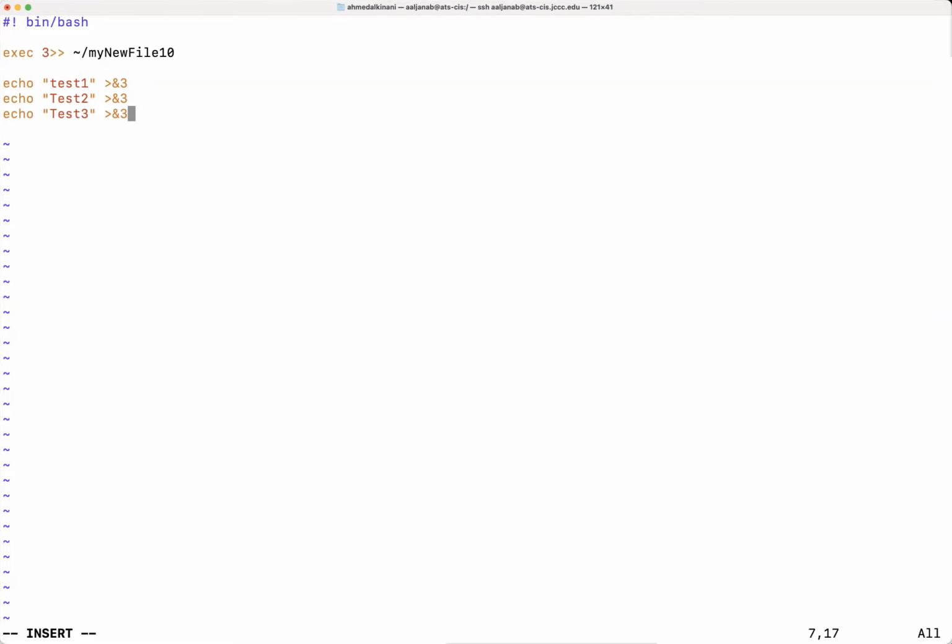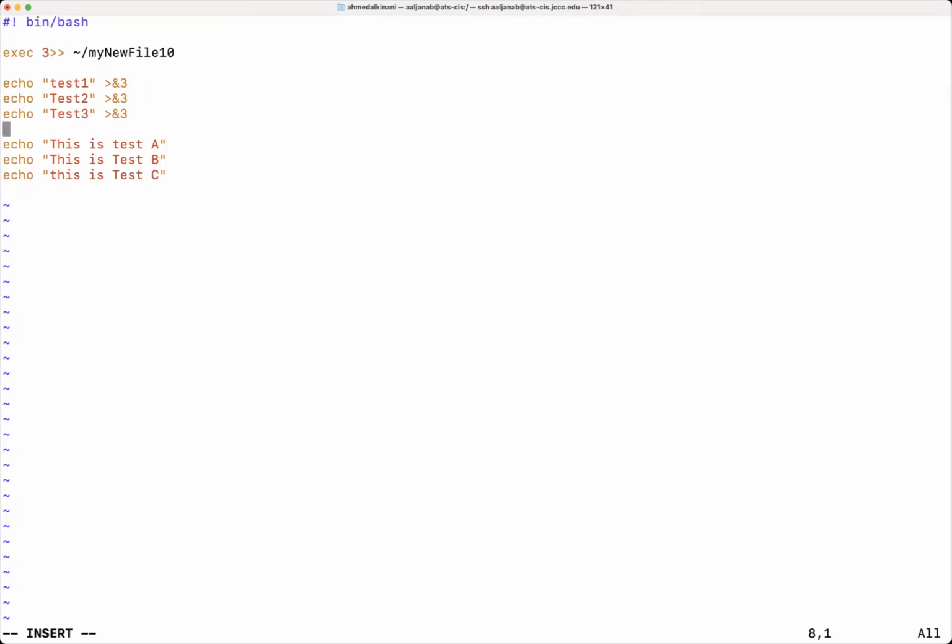to, and so basically after those lines, I want to echo back. I'll say this is test A, and echo this is test B, and echo this is test C. I want to redirect it.